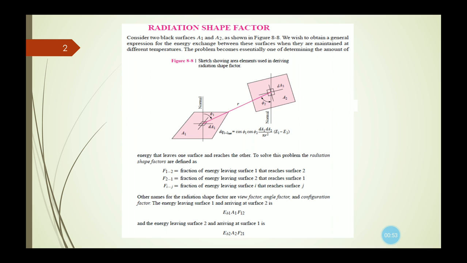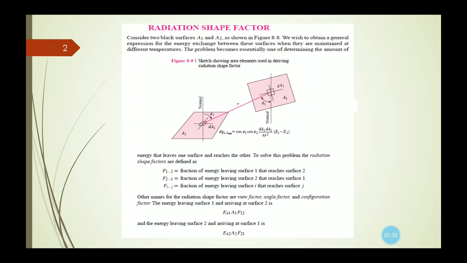Now, there is a derivation for this reciprocity theorem. So first we need to know what is the shape factor, which is also known as the configuration factor or surface factor or view factor also. Okay, so this shape factor is defined as the fraction of radiative energy that is diffused from one surface element and strikes the other surface directly with no intervening reflection. Okay, so this is the definition of the shape factor.